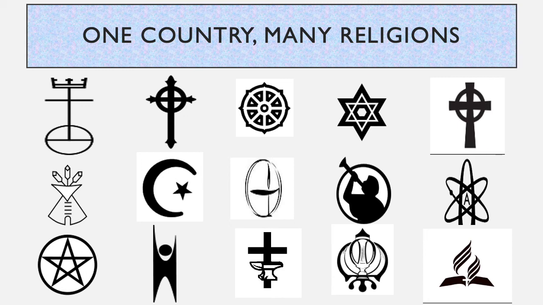In the middle row, Native American Church of North America, which we're going to be reading about in the Smith case, Muslim, Unitarian Universalist, Mormon, with the angel Moroni blowing his horn, and even atheists have an emblem. And on the bottom, we have Wicca, which is a sort of worshiping of nature. Humanist, in the middle there, the American Methodist Episcopal Church. Sikh with the sword, and I've got the Seventh-day Adventist there, since as you're going to be reading in this